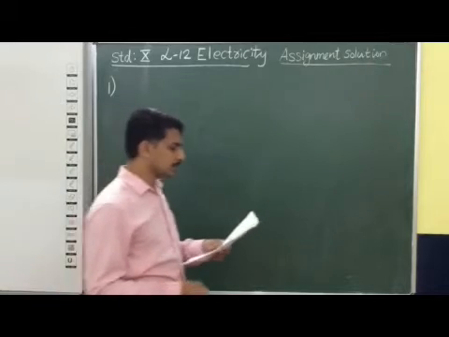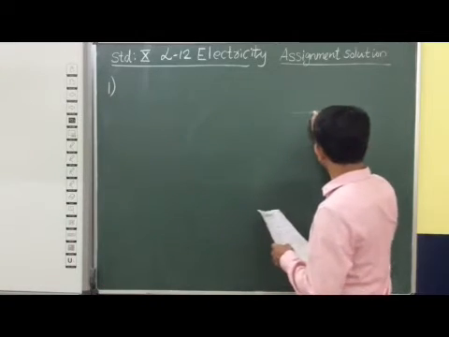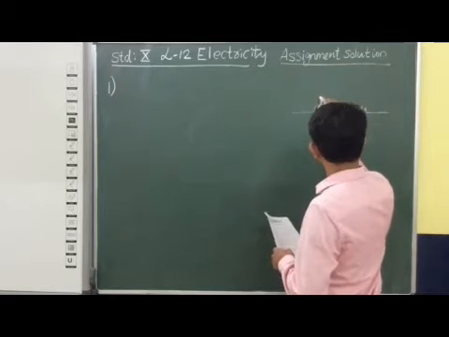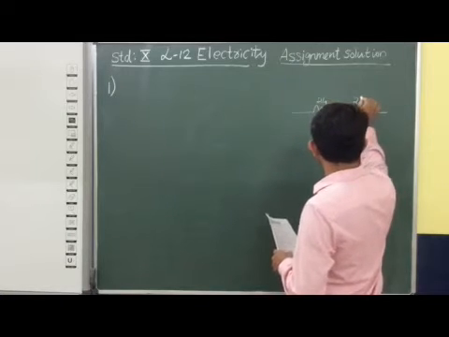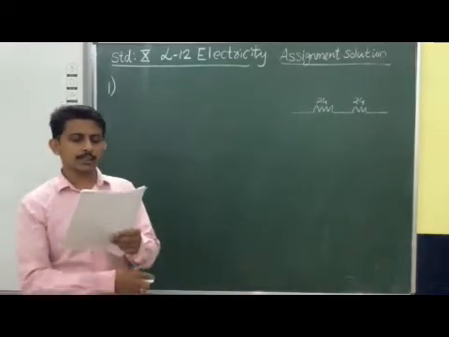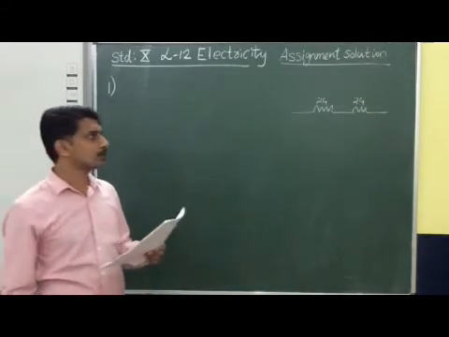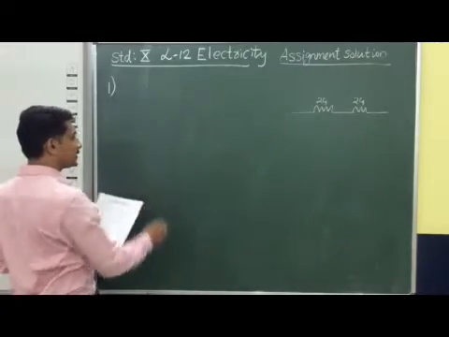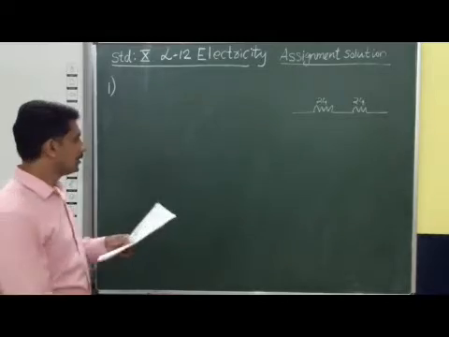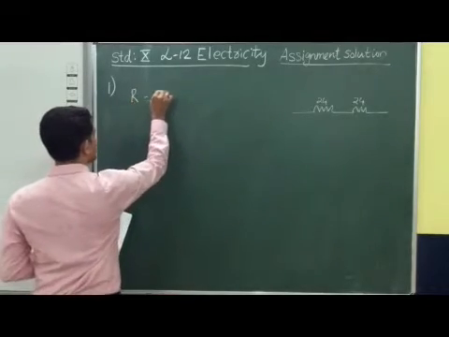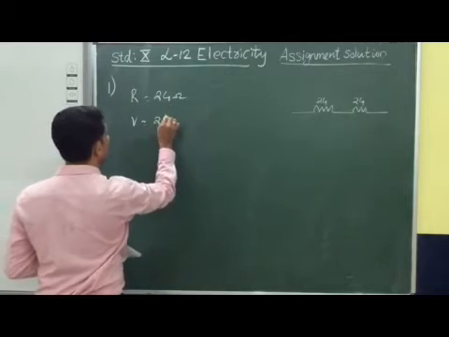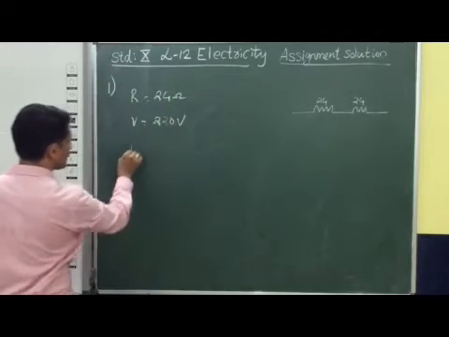So we can consider a hot plate which is having two resistance coils, like this way. I will take this way. So this is of 24 ohm and 24 ohm, like this way you can consider. And initially they are connected separately only. So if they are connected separately, we have to calculate what is the current drawn from this circuit. So resistance is given, that is 24 ohm. Voltage is given, that is 220 volt.